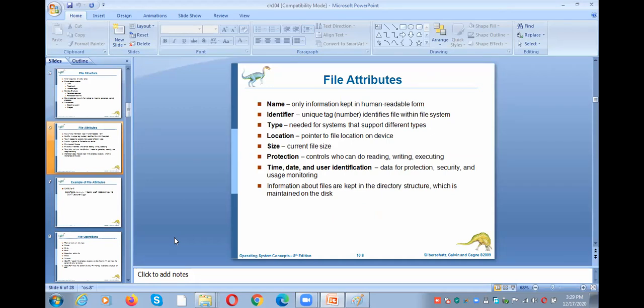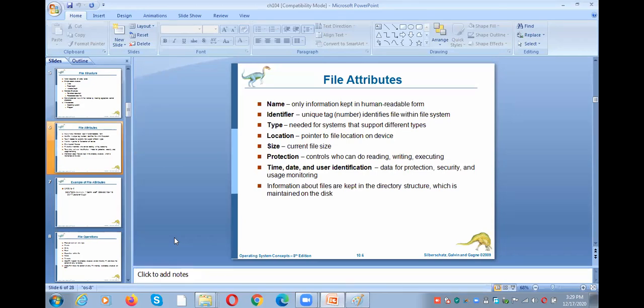For example, if it is a document, .doc, and if it is an image, it may have .jpg, and next if it is audio, .mp3, and if it is an animation, automatically it is .gif. If it is a bitmap picture, bmp, like that, based upon the content, the type of the file varies. And next, location, where the file is available in the directory. And next, size means what is the size of the file. Protection means read, write, execute permissions we have for every file.